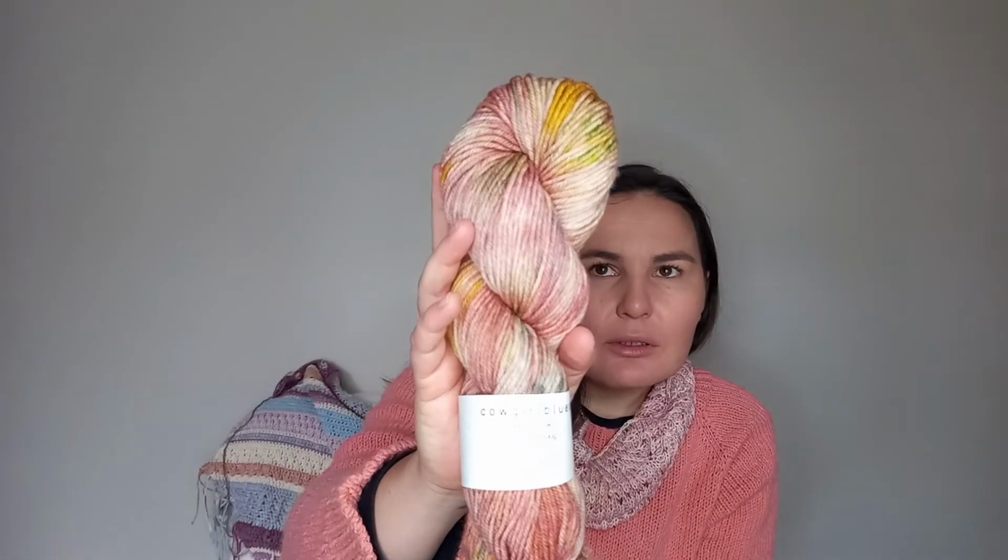And then from the Yarn Tree I bought a few skeins of this Cowgirlblues double knit merino yarn, and the colorway that I chose is named Adele. So a month or 2 months ago, Cowgirlblues dyed or brought out a range of colorways inspired by phenomenal women. They are all musical artists. Some of them are local to South Africa, and then some are international superstars. There is PJ Powers, Madonna,